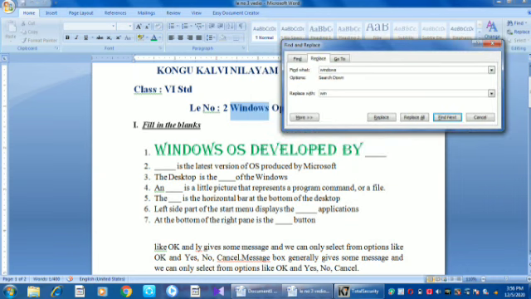Okay. Suppose we want to replace this word means we can click replace. Otherwise we can click find next. Okay. Suppose we want to replace means click replace. The word Windows will be changed to Win. Suppose here if we want means click replace. Otherwise we can click find next like that.